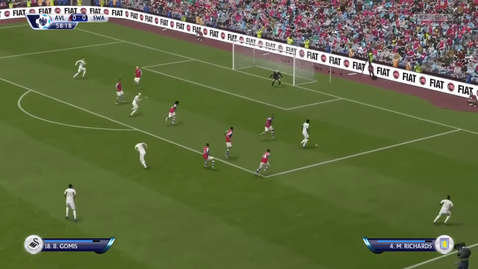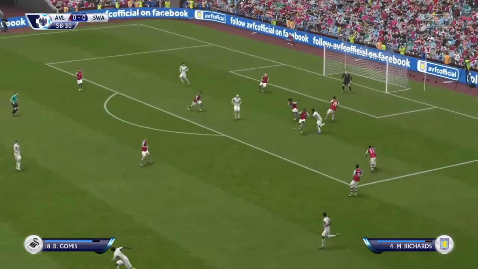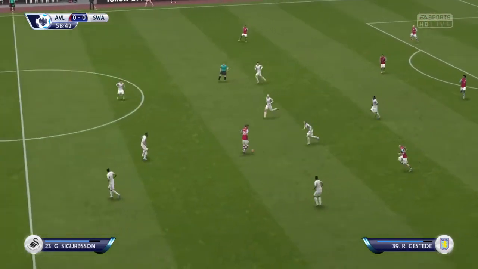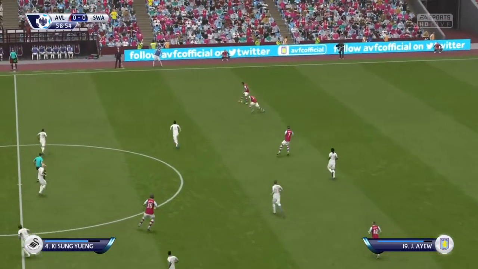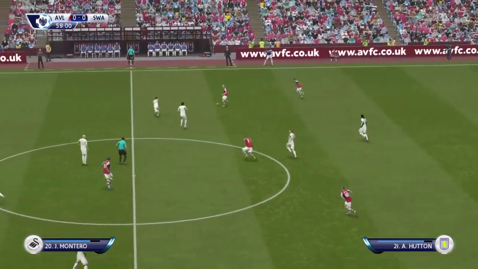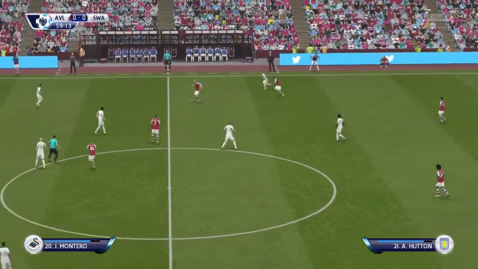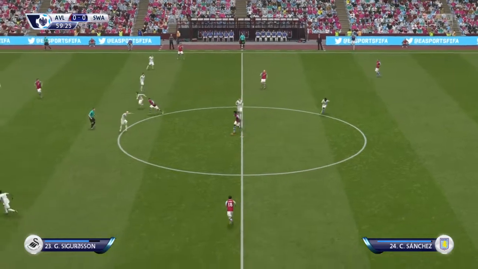Timothy Gomes. It's a decent cross. Stopping the cross, important job for the defender. Kieran Richardson has got possession here. Hutton. Sanchez.